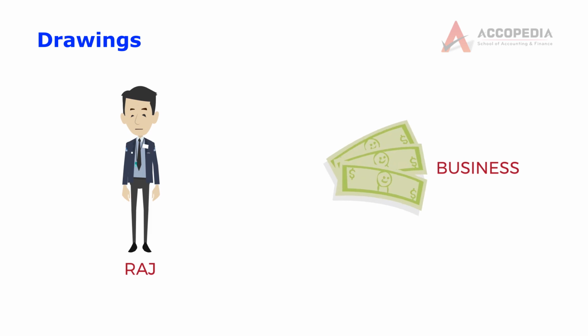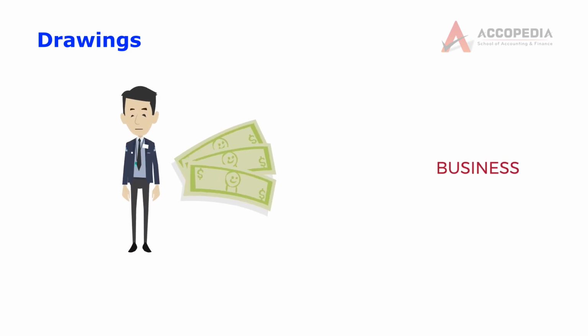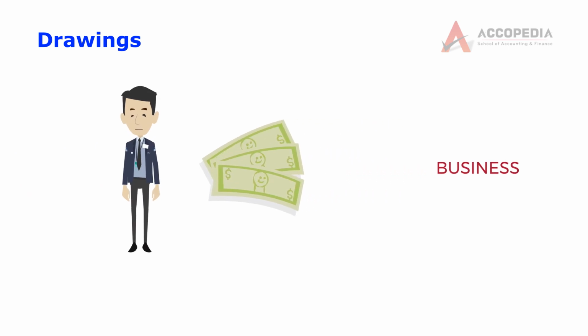In the same way, when Raj withdraws money from the business, let us say he wants some money for his personal use, he takes out 10,000 rupees from the cash box or company's bank account. Then this is money which the business pays to Raj. Now this amount can be charged to the same account, that is Raj capital account. So whenever Raj gives money, it is added to his capital, and whenever Raj withdraws money, it is reduced from his capital. But some businesses want to keep these two transactions separate.